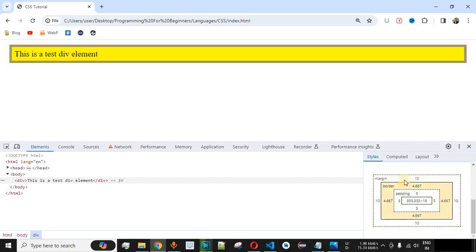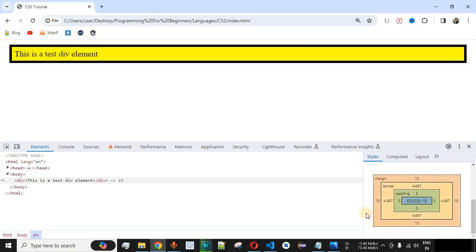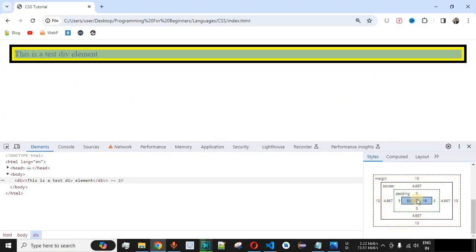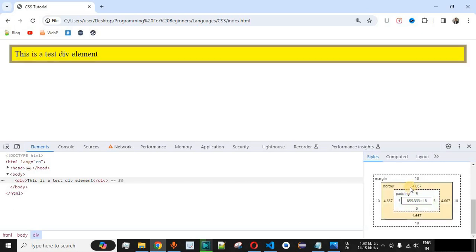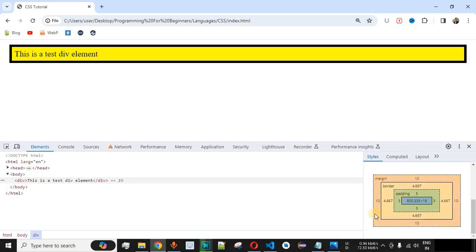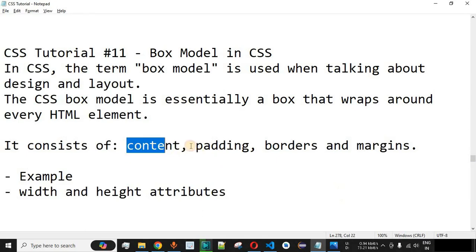So guys, this is the sequence that you should remember whenever you are going to study more about the box model in CSS. First of all, there is a content. As you can see, this is the content of the HTML element, which is then wrapped by the padding property of the HTML element, which is then again wrapped by the border property of the HTML element, and then followed by wrapping by the margin property of the HTML element over here. So it is very important that you understand the sequence of the box model over here so that you can distinguish between the margins and padding. So basically the padding comes inside the border and the margin comes outside of the borders over here as far as box model is concerned.